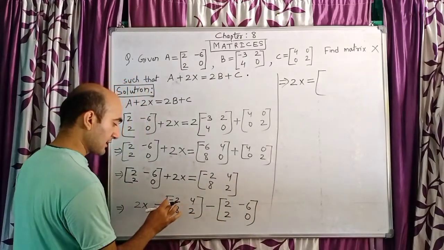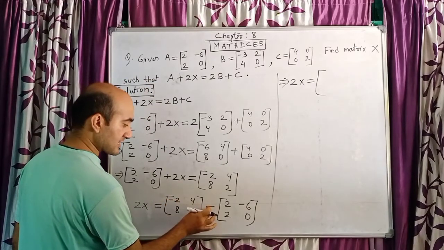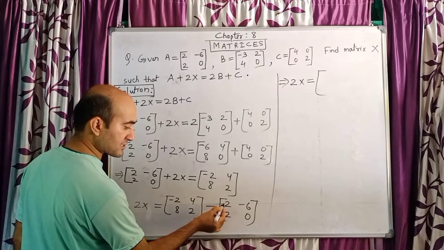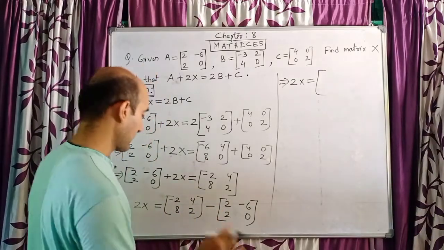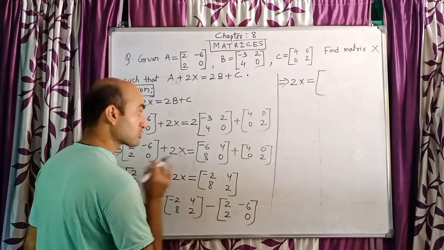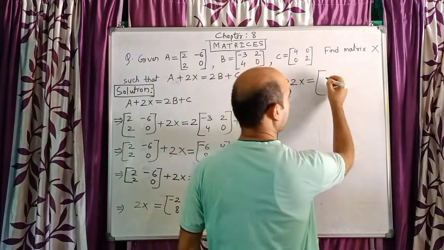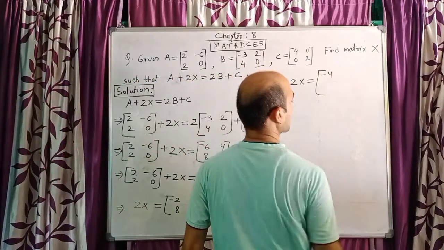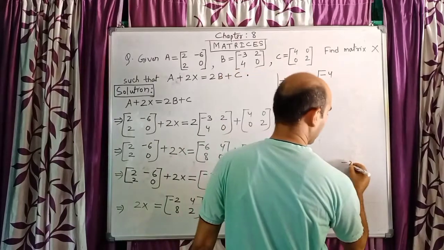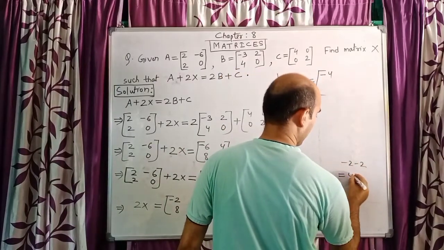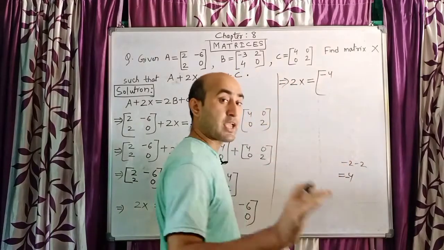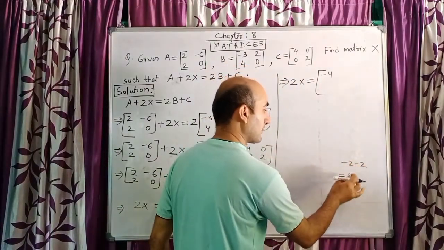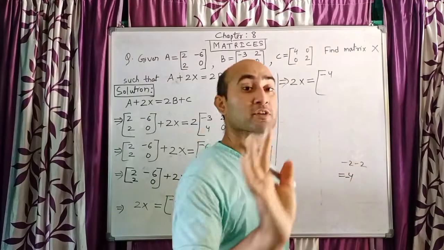So you can see here minus 2, and this minus will enter here. It is plus here actually. Minus into plus is minus. So minus 2, and this also became minus 2. So minus 2 minus 2 is how much, children? Minus 4. Very simple. Minus 4, because when both numbers are minus, we have to add them. So 2 plus 2 is 4, and minus minus also, the result also is minus.